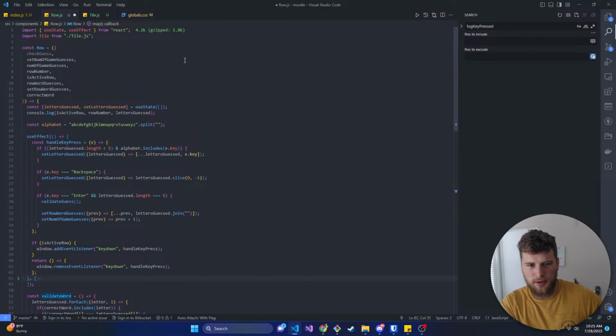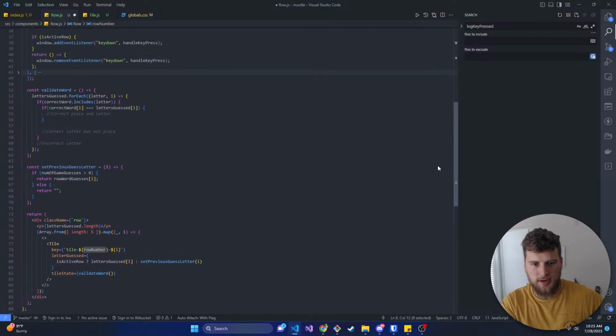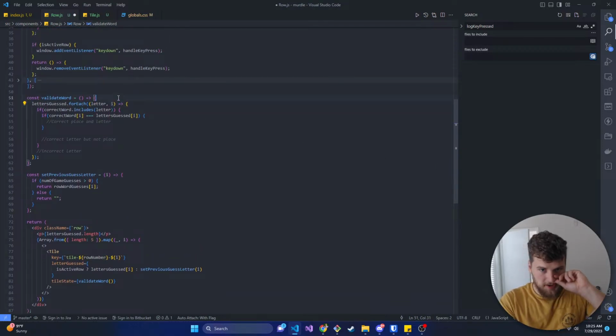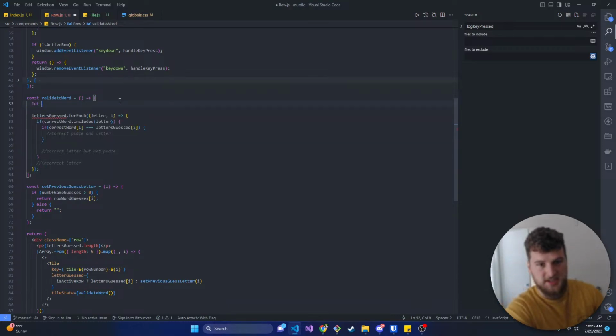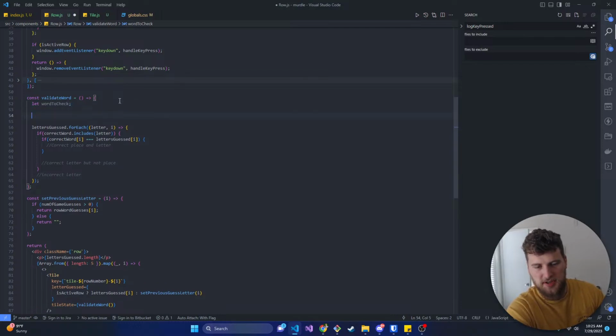Row number. So we also need to see. Hold on. We're going to say let word to check equal, we're just going to initialize that for now, and then we're going to say if row number